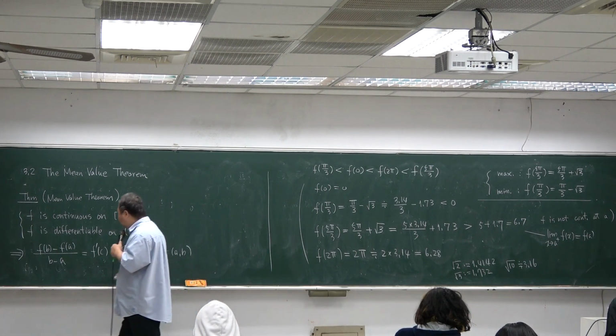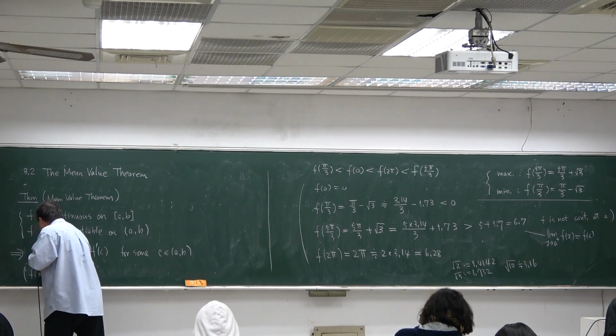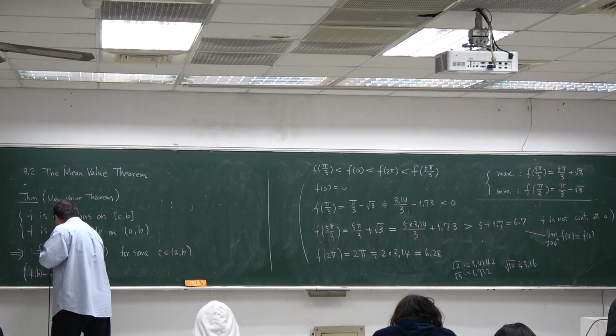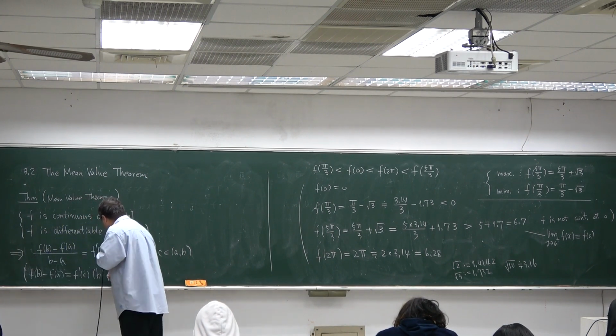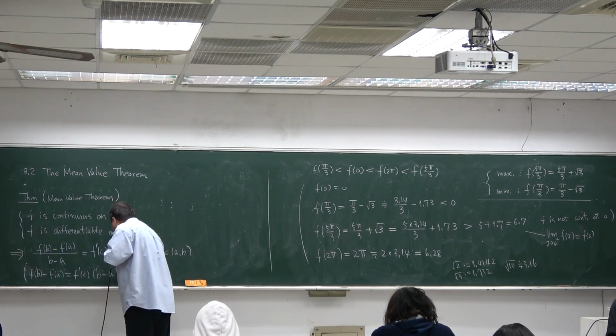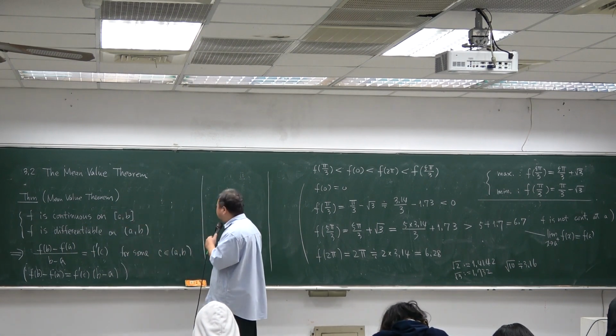Of course, this equality also can be expressed by f of b minus f of a equals f prime of c times b minus a. Same. Geometrically,